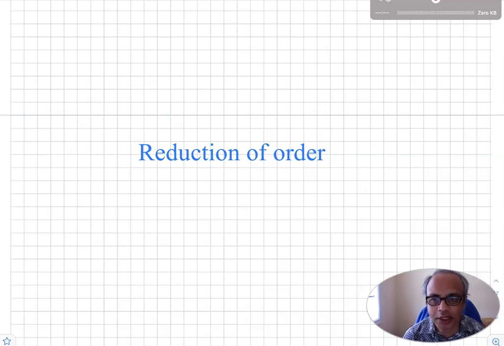Equation has to be a second order linear differential equation, and we are expected to know one fundamental solution, and then we will be able to find the second fundamental solution. Hopefully these examples help you to take the challenge in a midterm or final exam. So the first example is